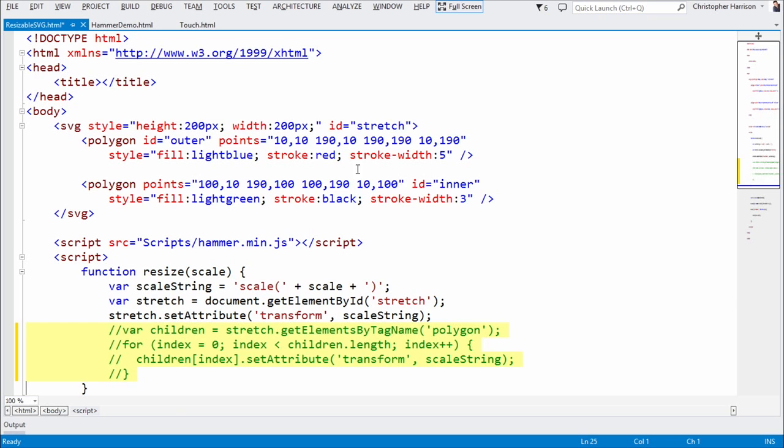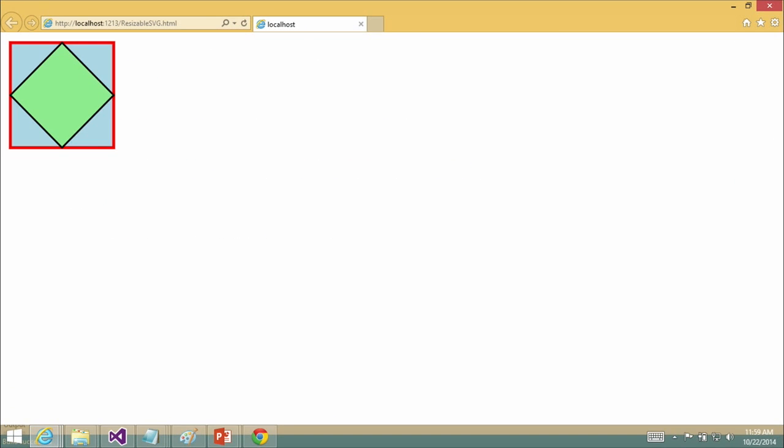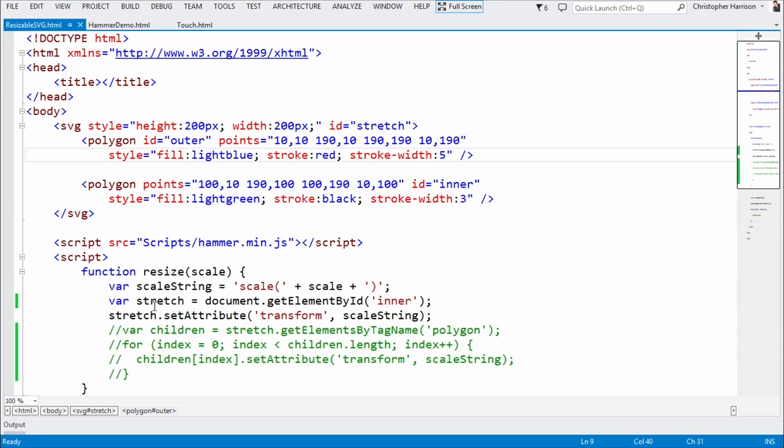So let's just go in and say inner, and we'll do that one instead. And now we'll go ahead and rerun this. Now what you're going to notice, oh, I know why. I need,